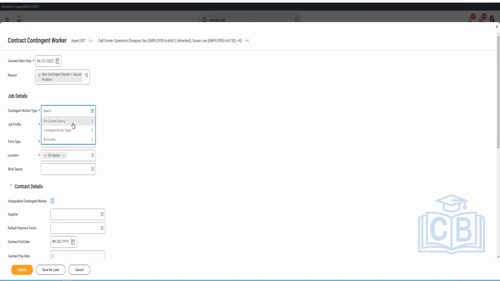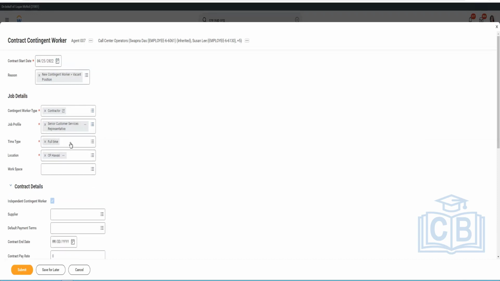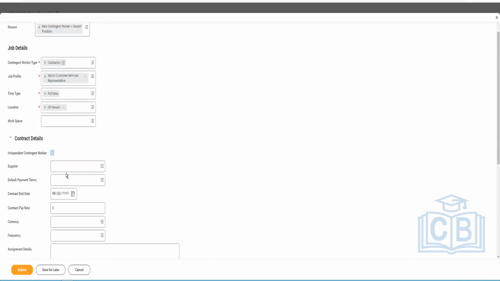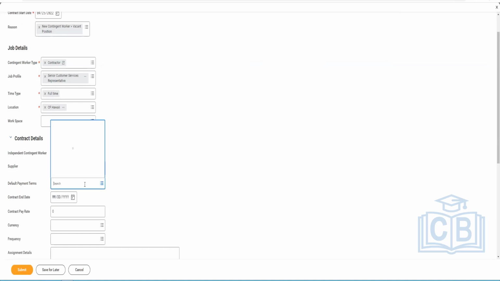Then it'll ask me for the contingent worker type, whether it's a contractor or a vendor. Let's say it's a contractor. So job profile, so this is going to be a senior customer service representative, or I can select another one. Time type is full-time. If I have a workspace or a table or a seat that I need to assign, if it's already built in the system, I can do that. Now I have the contractor information details. So supplier, so we have the supplier, default payment terms,